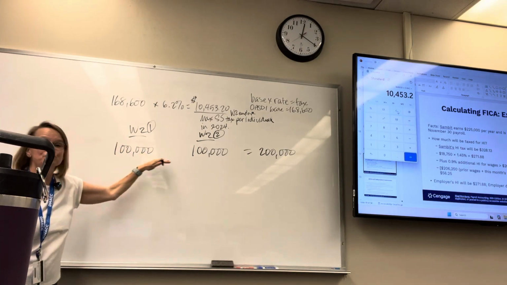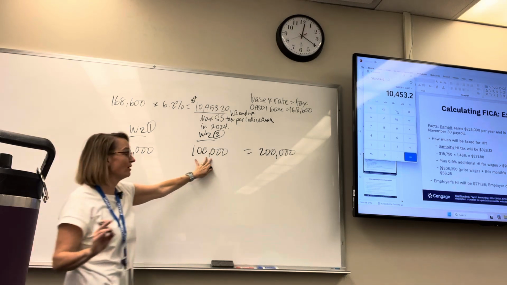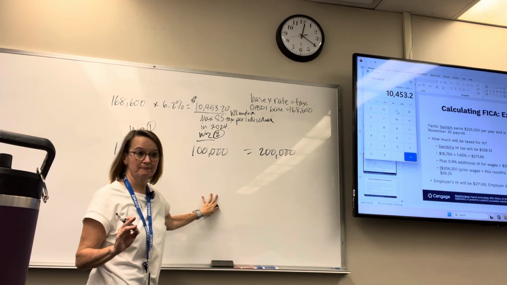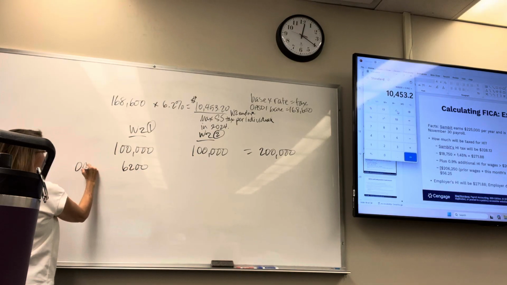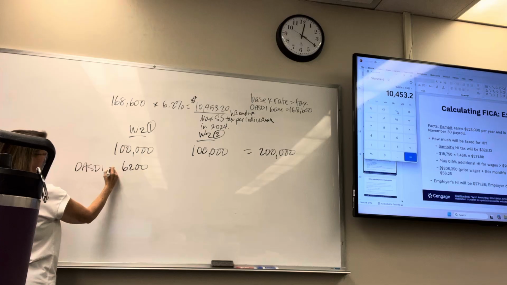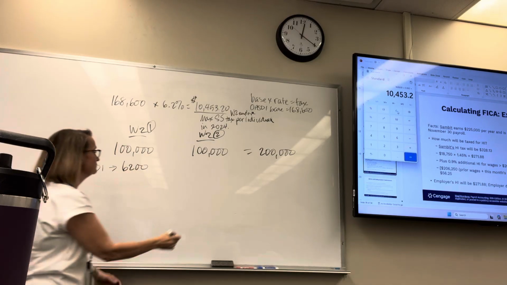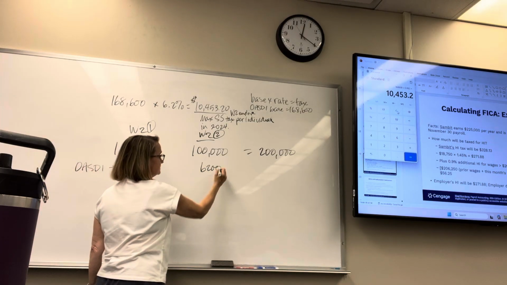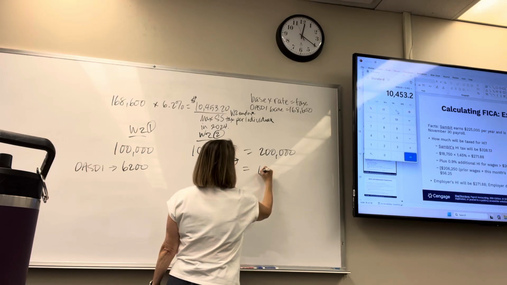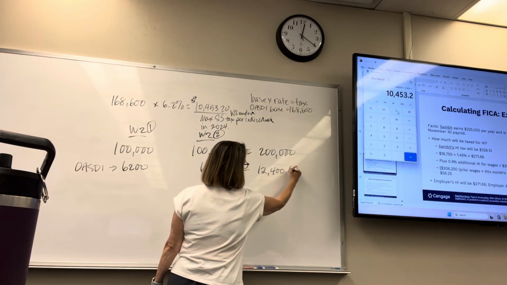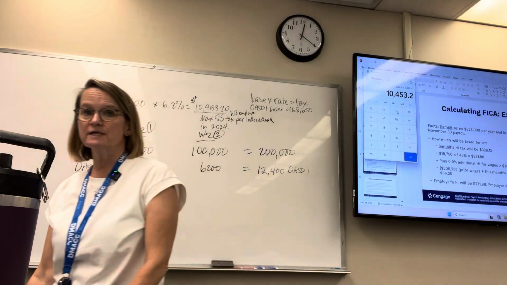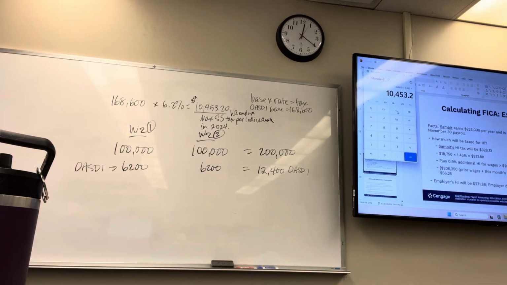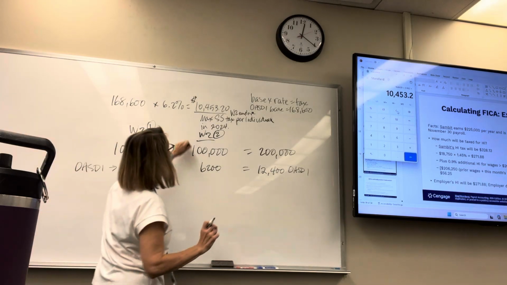But each employer is taxing on the full $100,000. So for the OASDI, you had $6,200 withheld here and $6,200 withheld here. You've paid $12,400 in OASDI tax because each of those employers withheld $6,200, but you were only required to pay